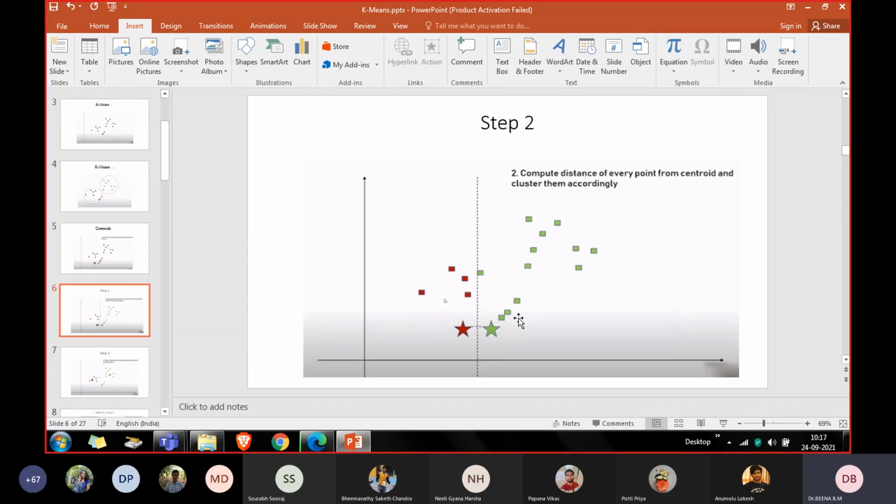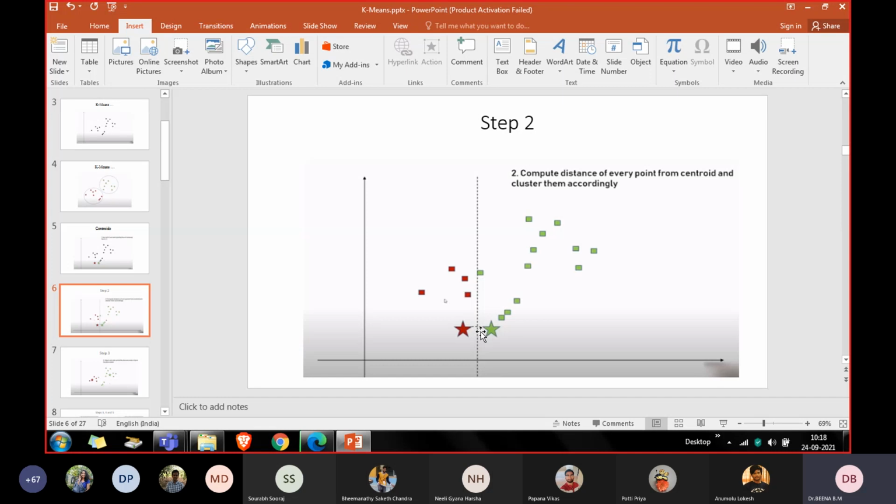So how do you do this mathematically? How do you compute the distance? There is a mathematical process. The simple method is to identify the distance between these two centroids, and draw a perpendicular line between them. The points which fall on the left hand side, the points in LHS, belong to the red cluster, and the points on the right hand side belong to the green cluster. So we are bifurcating by drawing a perpendicular line between these two centroids.